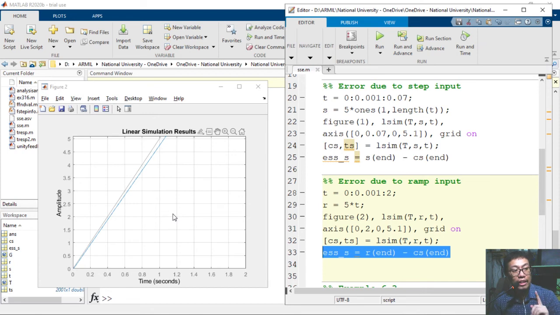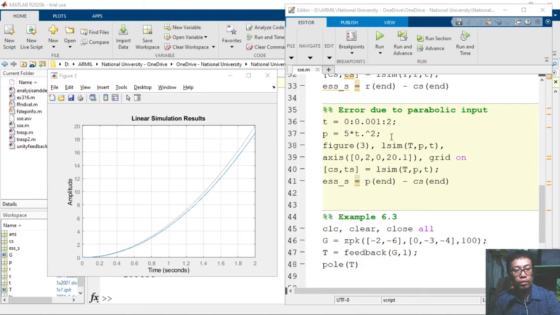Okay, so tingnan din natin ito sa case ng parabolic input. Okay, so dito, notice na pinalitan natin yung signal niyo as 5t square. So, yun yung parabolic input natin. So, again, ginamit pa rin natin yung LC. Yung gray still represents the input, blue represents the output. Okay, and pansinin natin na